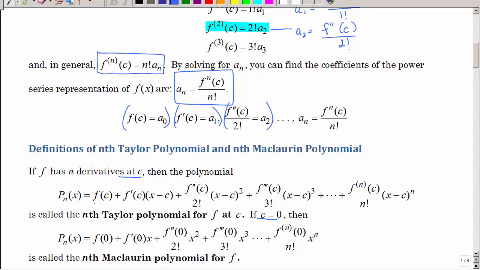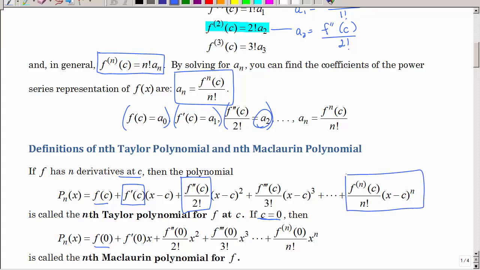So a sub 0 is now replaced with f of c, or f of 0 when c equals 0. Then a sub 1 is replaced with f prime of c. A sub 2 is replaced with the second derivative divided by 2 factorial, and so forth, expanding on out to